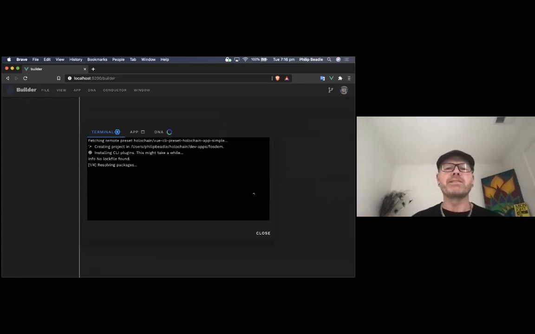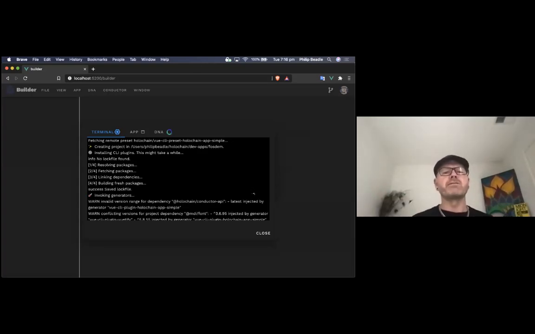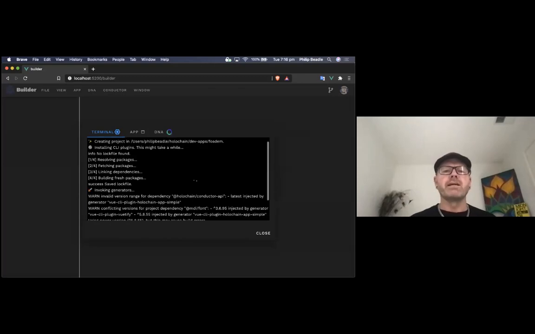So this takes a couple of minutes because this is using the Vue CLI presets and plugins approach. So you can tell it that this is the preset that I want you to run, and that preset then says, go and install all this stuff, do these things with the package file, and all these dependencies, and it's really, really solid the way it works. I really love it. So as you can see here,